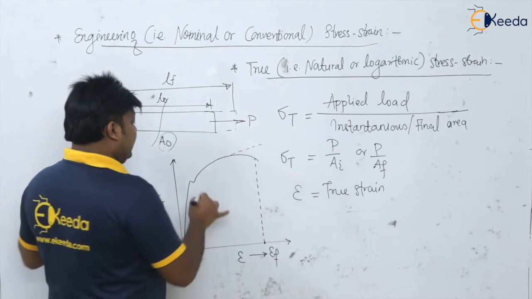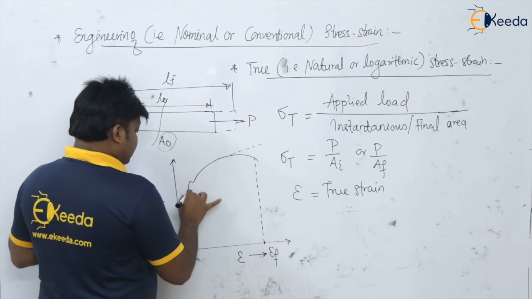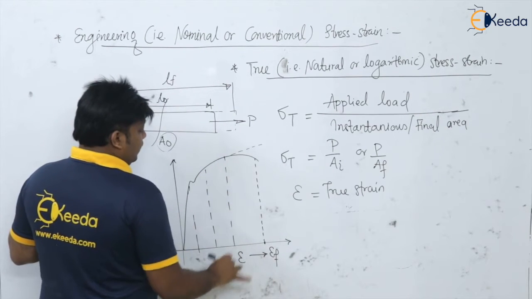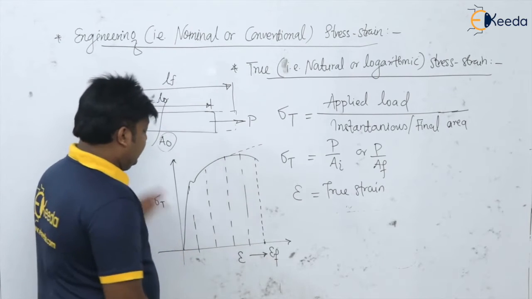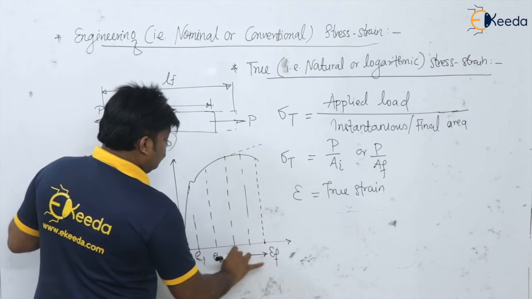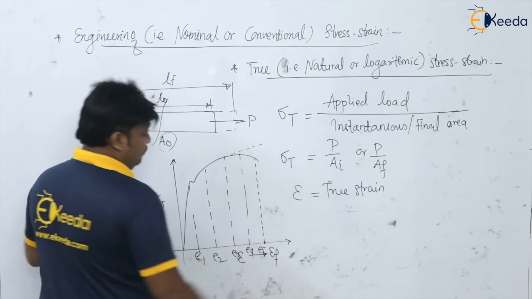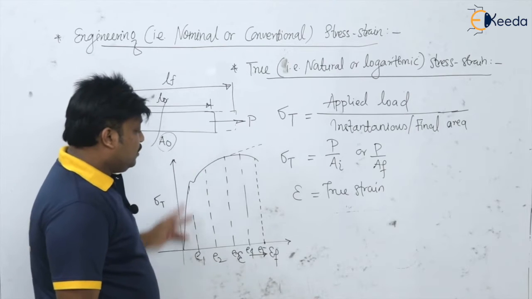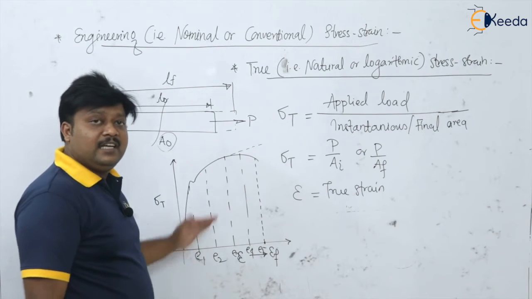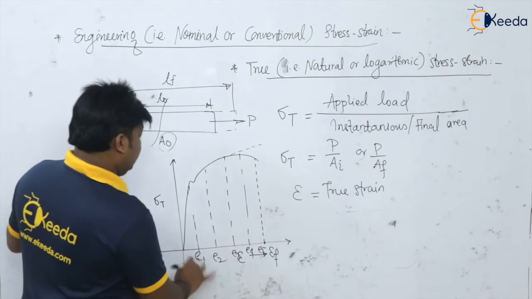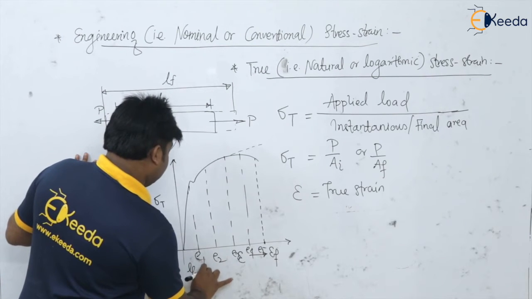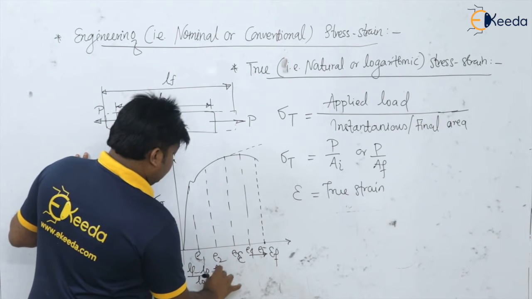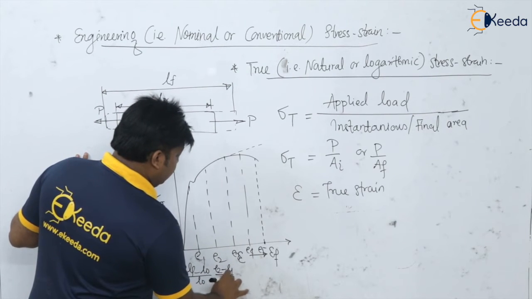So here the strain can be calculated by whenever in the measurement whatever the values I am having for the engineering strain. So okay, say suppose this is E1, E2, E3, E4 up to E5, isn't it? So the true strain is nothing but the summation of all the nominal strains instant to instant. Say for example E1 will be what? L1 minus L original divided by L original. E2 will be what? L2 minus L1 divided by L1.